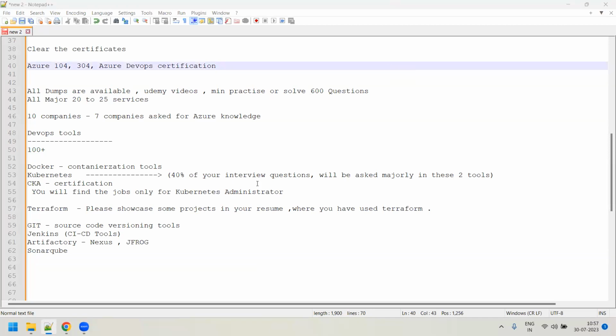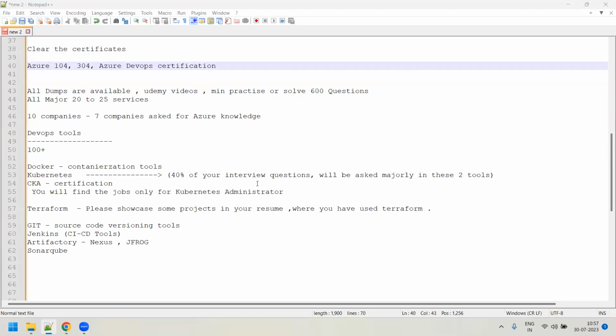They might ask you to even write a declarative pipeline, or they might ask you straight core questions. They might ask you about the Jenkins configurations, very in detail. You should be able to answer everything, even pin to pin, point to point questions. They might ask a very fundamental question also, so you should be able to answer very clearly. Please make sure that you don't miss any of the things.